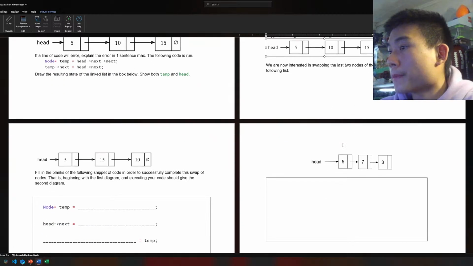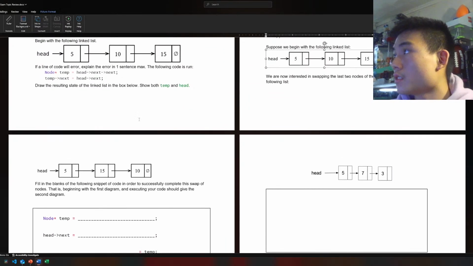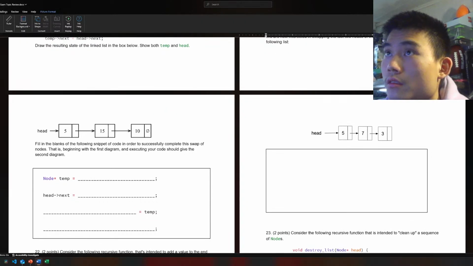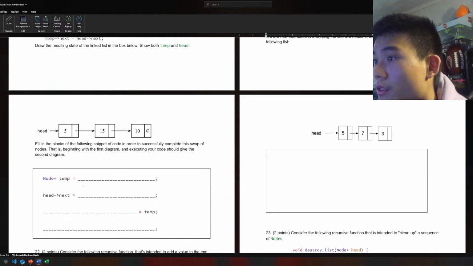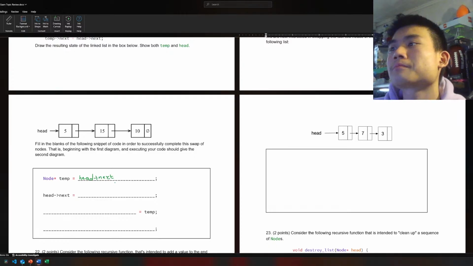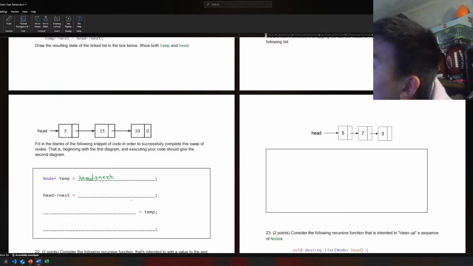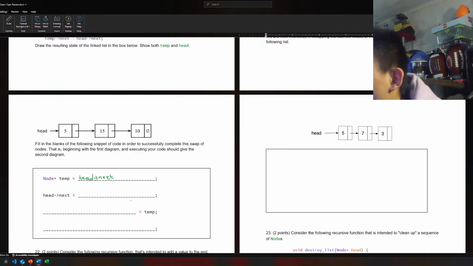So we're just swapping 10, 15, okay. So node temp is equal to head, which is node 5, and then next, that's going to point to node 15. Yeah, fine. And then head next, we want that to point to,